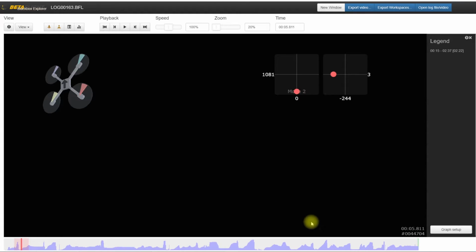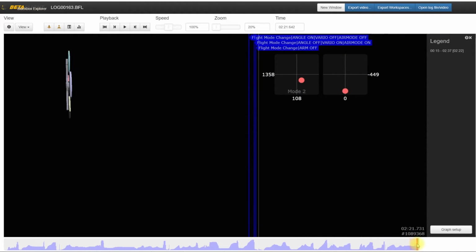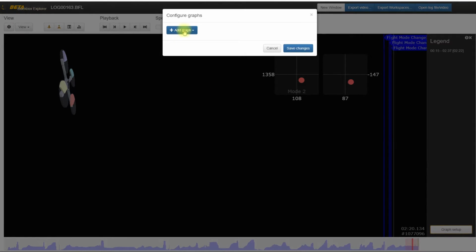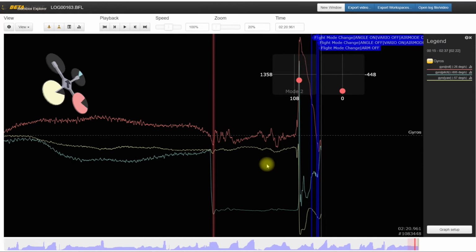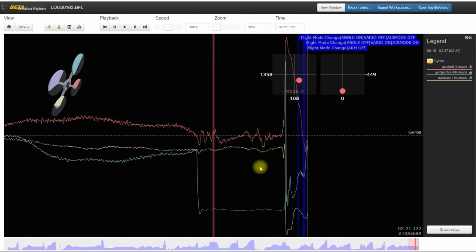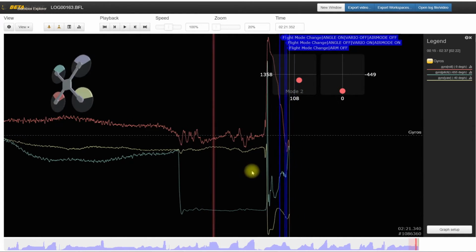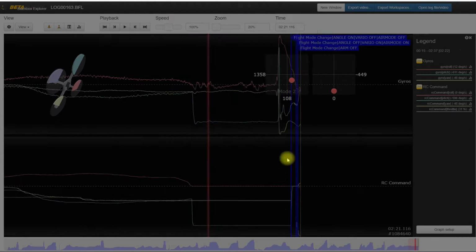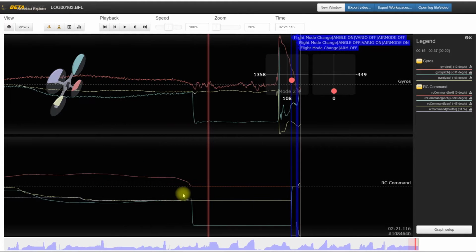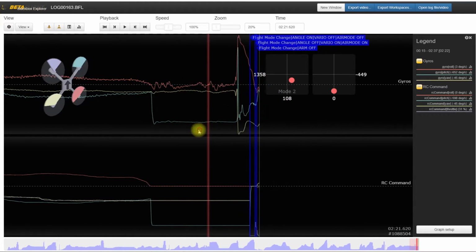What we have here is the log that actually started as an analysis for the cause of the roll of death. After all, it was proven that it was probably not a roll of death, but a radio glitch, and I can prove it in a slide. Oh yeah, it's a radio glitch. You see over here, the pitch channel went to something crazy low, and then the copter started to tumble and fall